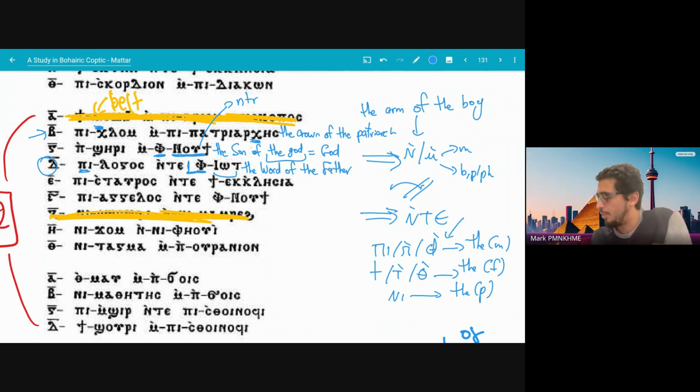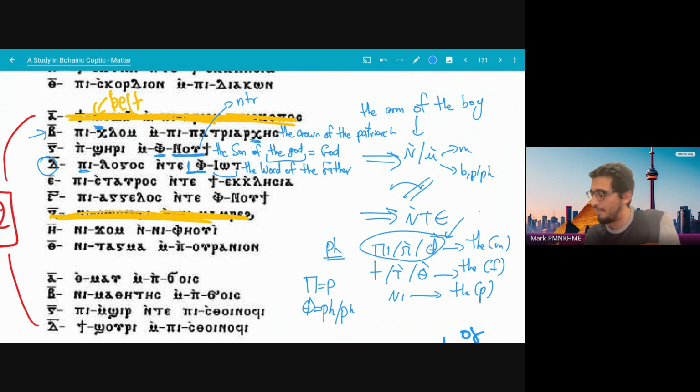Okay. And just a quick reminder: when we say F, it's actually a PH. I cannot pronounce an aspirated P, but I know David can. So if you want to give it a shot, how would you say an aspirated P? This is a P, and then this is a PH, not just an F. We say it's an F because I cannot pronounce a proper PH, but it's more like a P with an aspiration, like a pa. So that's why the P and the F give the same value. It's not random that it's a P and an F and then a T and an F.